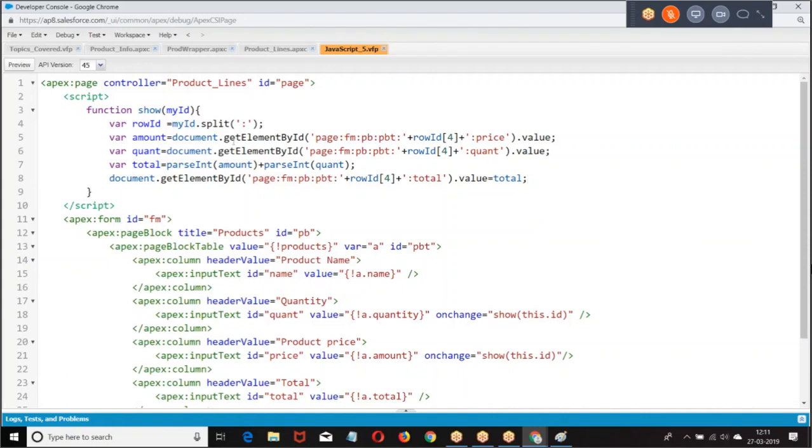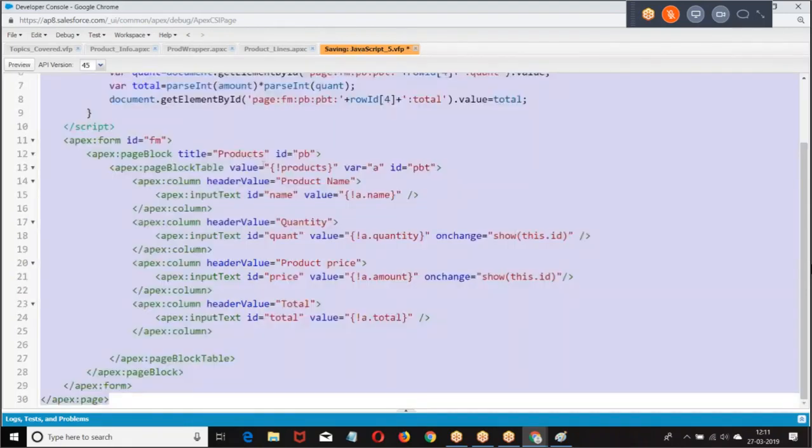Calculate that row price times that row quantity, and set the value of total. Are you getting my point? If you know the row number, you can read that row quantity and that row price, calculate the total and print it. Now here I give this.